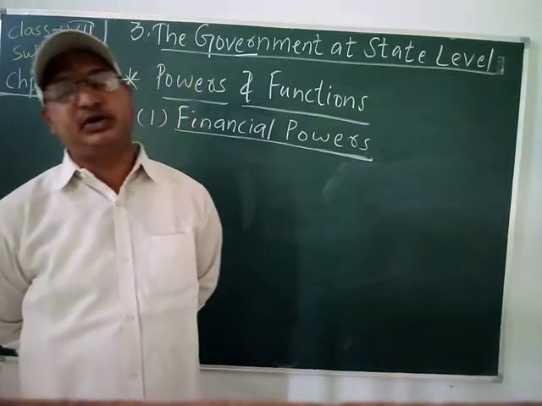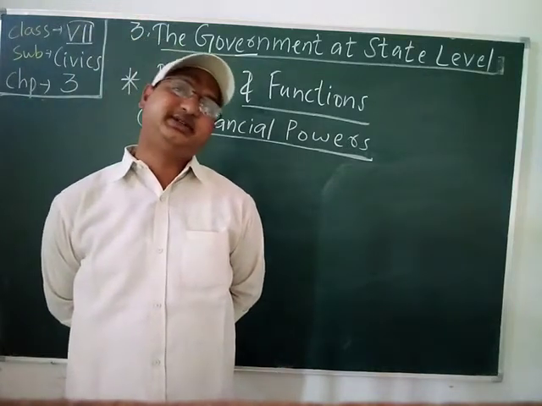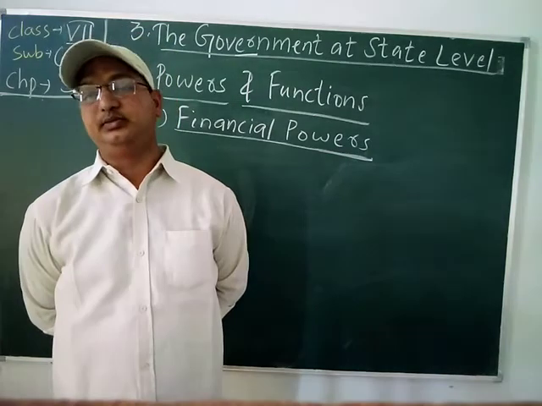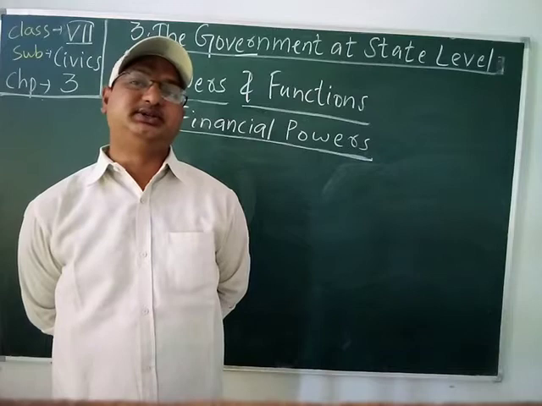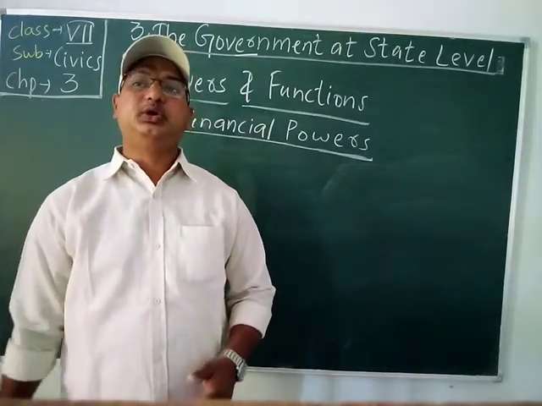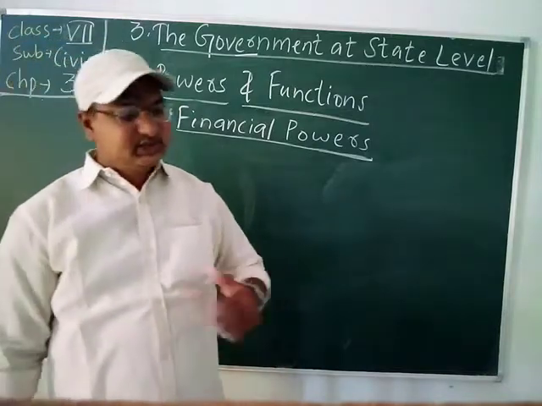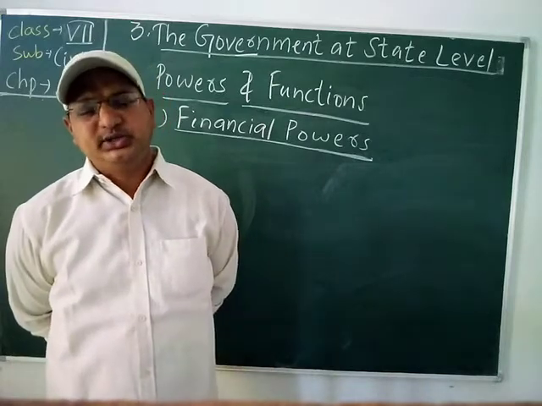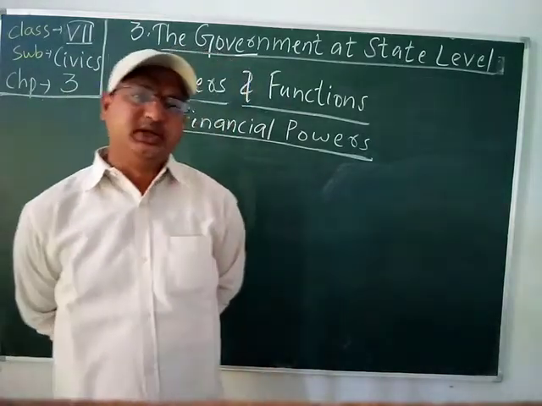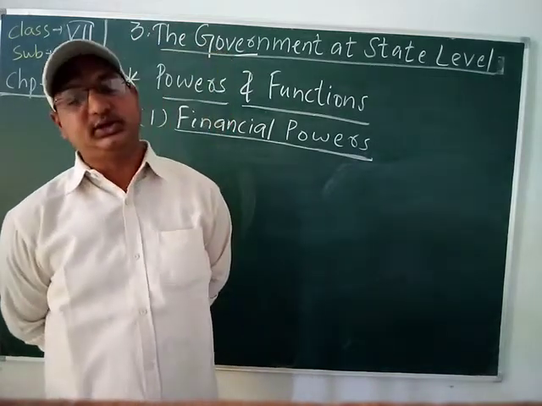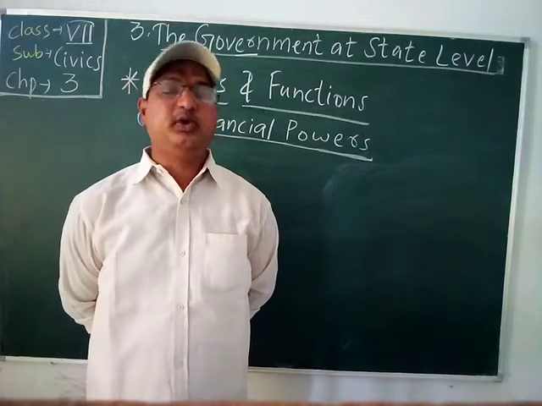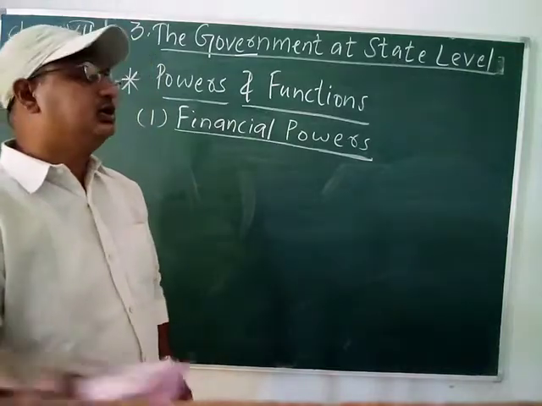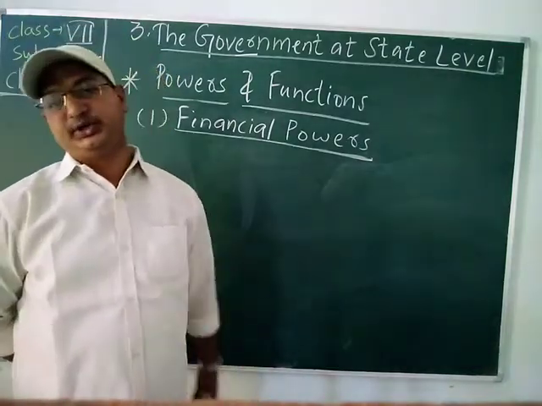Then students, besides this power, if the governor feels that the state is not functioning along constitutional lines, he may recommend imposition of emergency in the state to the president. In such a situation, President's rule is implemented. Students, in Jammu and Kashmir, most of the time, if the situation gets worse, then President's rule is applied for smooth functioning of the government. Then students, we will read about the next executive of our state, the real executive of our state, that is the chief minister.